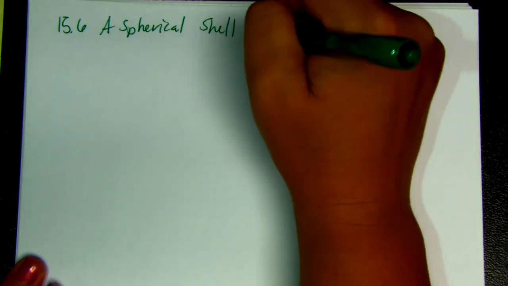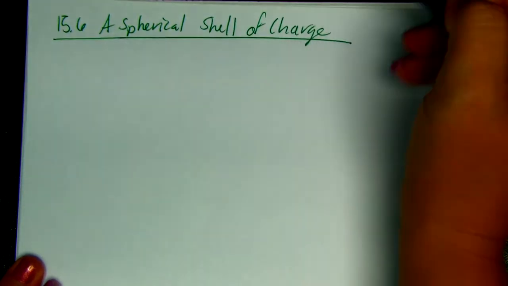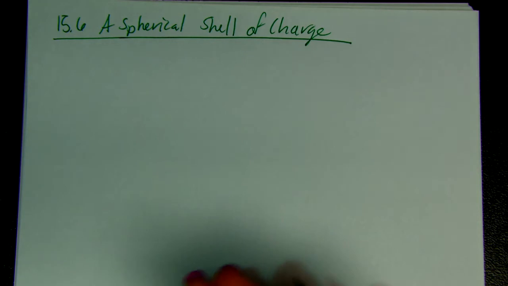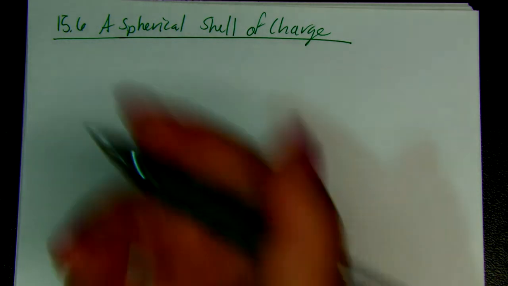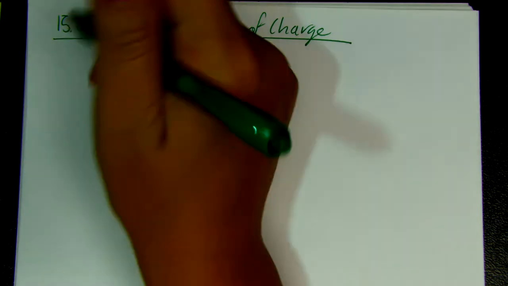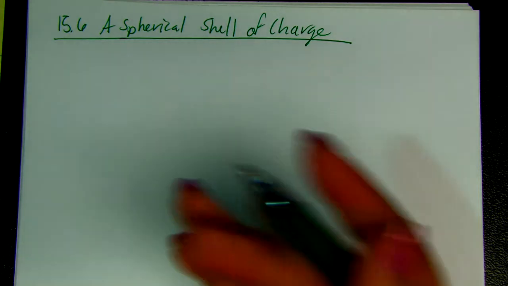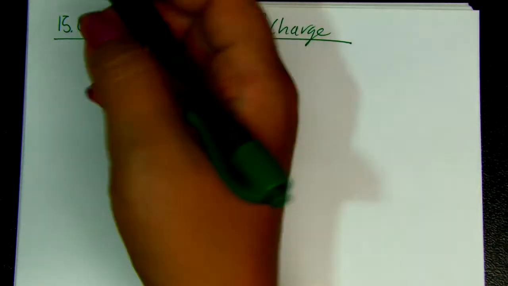All right, so moving on with 15.6. Now we can look at a spherical shell of charge. And so we're going to do this mostly conceptually because the better proof of the formula comes from something called Gauss's law, which we need to build to a little bit more in terms of our knowledge. But let's take another look so we can understand why we've been using the point charge formula with a little